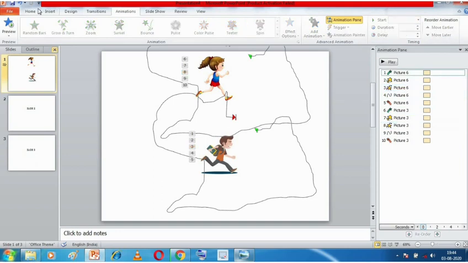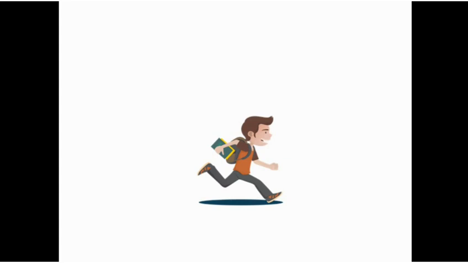All the animations are on click. So suppose I go to the slideshow view, this is my slideshow view. Now see, this is a blank slide, no animation is appearing. You know why? Because I have not clicked on the mouse button. So suppose I click on any of the mouse buttons, right or left click, it doesn't matter. So suppose I left click with the mouse, see, I have clicked once, and the first animation has started and it has finished, but the second animation is not happening. Why? Because again I have to click on the mouse. So as soon as I click on the mouse, the second animation happened.